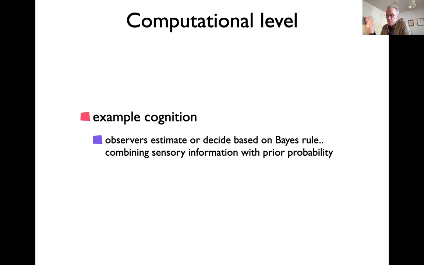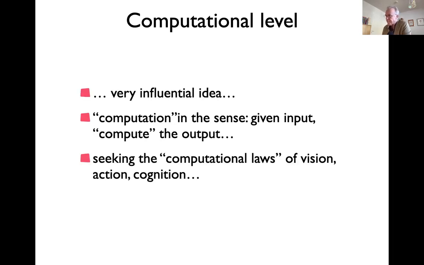So if the prior probability varies, will they actually vary their decision based on that? In some cases, people do, and then that's an abstract computational principle. Again, it doesn't say how that's done, how the nervous system knows about the prior probabilities, and how its sensory information varies over time. How do you do all that? It's just an abstract principle, right? So these principles are quite influential, and you might not have noticed it so far.